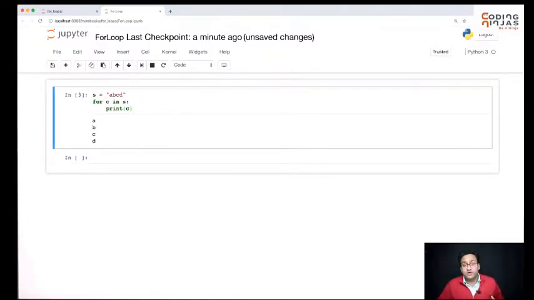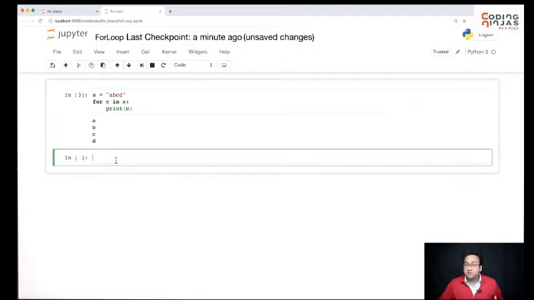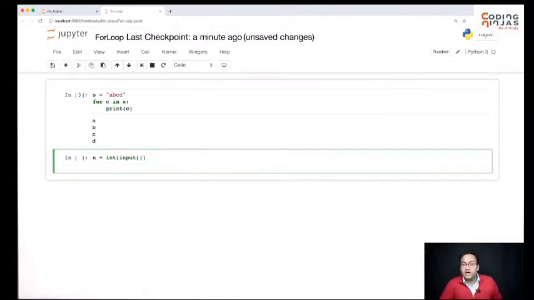Perfect. So now how do we do it for a number? How do we run a for loop for a number? Let's print the first n natural numbers using a for loop. Okay, so I'll take n as input from the user. Now I need to print numbers from 1 to n. Okay, let's first print numbers from 0 to n, and I'll tell you why.